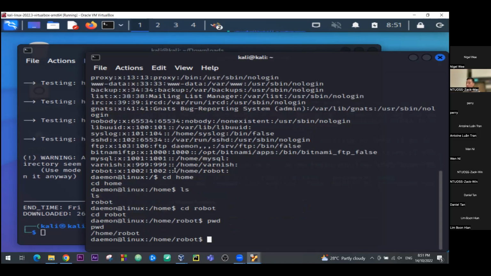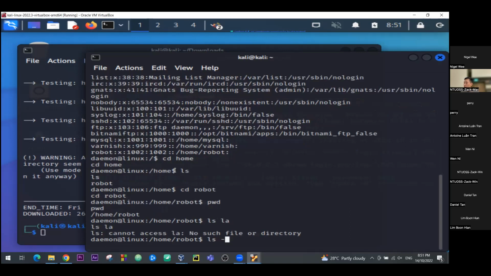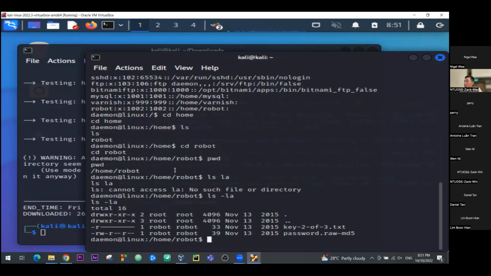So I'm going to list everything, including all the hidden files. Remember the command for this is ls -la, to view all sorts of files. Oh, okay, nice. We managed to find something very interesting. Okay, our second key for this machine and a password